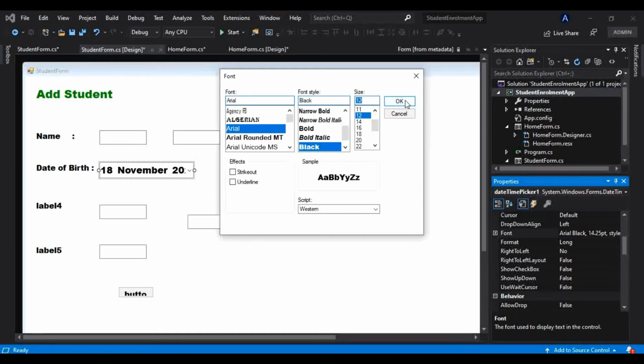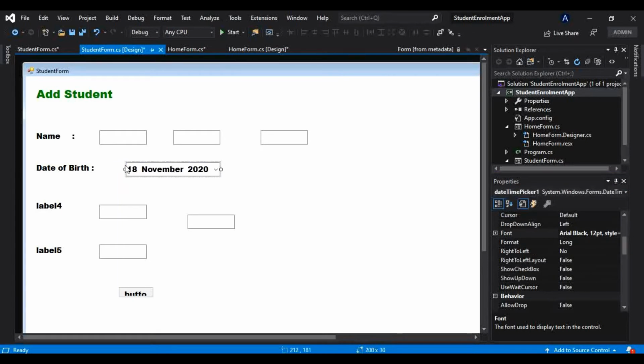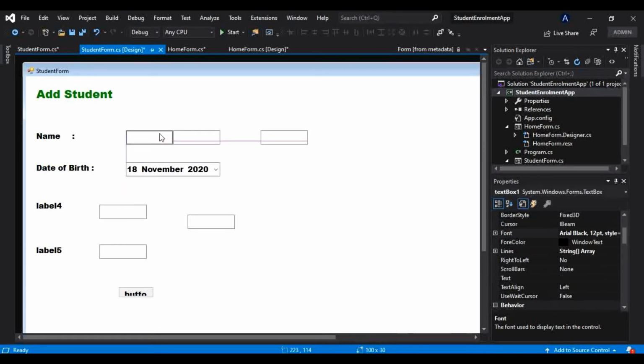Okay, so like this. I want that here. I will place this also here, and let me make this somewhat bigger, and let me increase the size of these text boxes. I will change that here as well, from here and here.